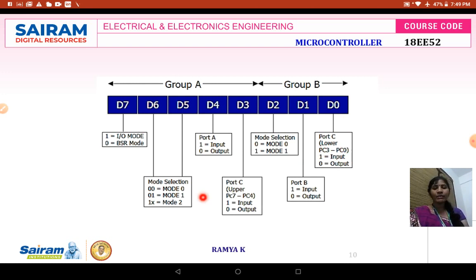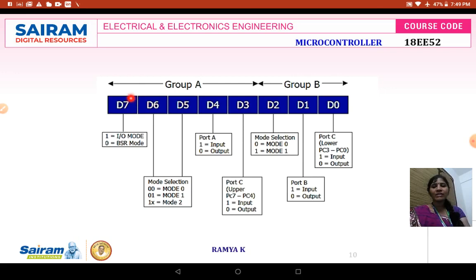Coming back to the bits from D3 to D7, since it is a group A control, it is going to handle your port A as well as your port C upper. Port A means all the 8 bits can be controlled, whereas here only the port C upper could be accessed and controlled.